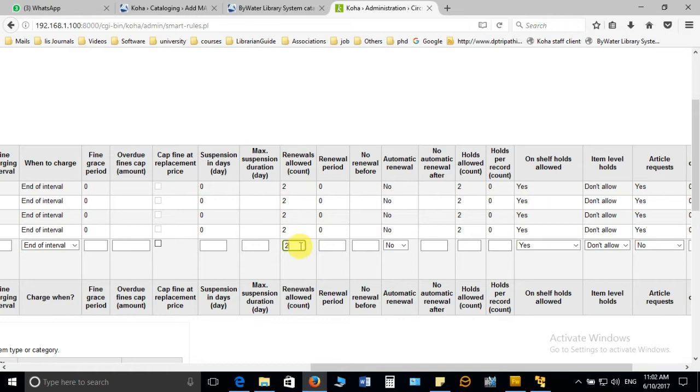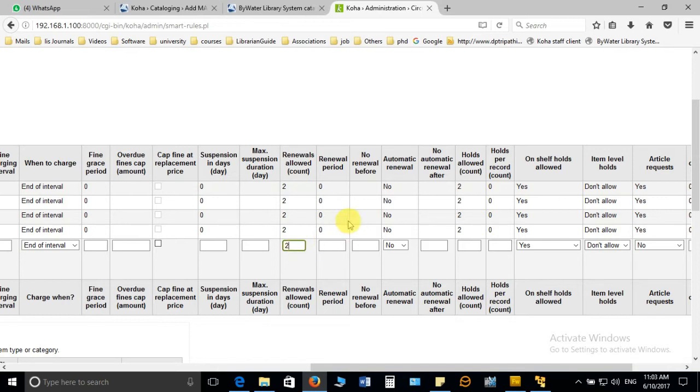That faculty is going to keep the book for 540 days unless there is a reservation. If there is a reservation, he cannot renew, but in case there is no reservation, without any problem he can renew the document 2 times and keep the book for 540 days,